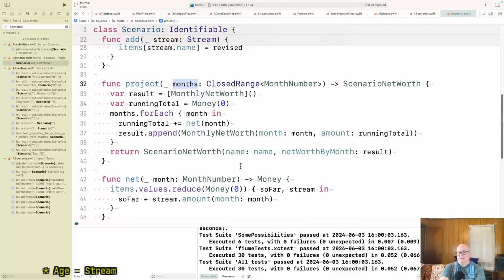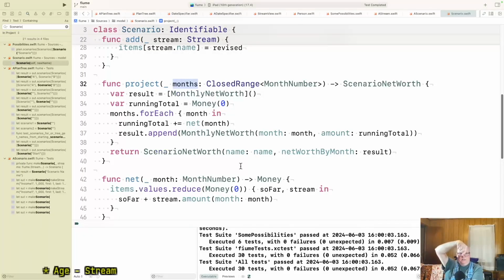Yeah, at least for now, the start date is today's date. Right now our top level says, show me everything from 1 to 360. And we added in the notion of, I know my start date, but we haven't done anything with it really. So one thing we can do is pass that start date around, maybe put it in the scenarios, maybe have it globally available to the scenarios.